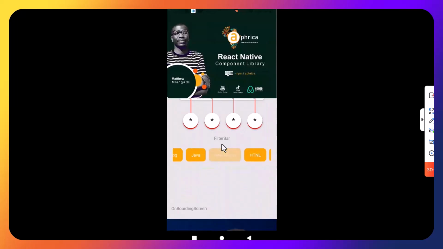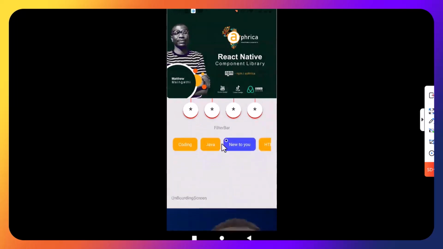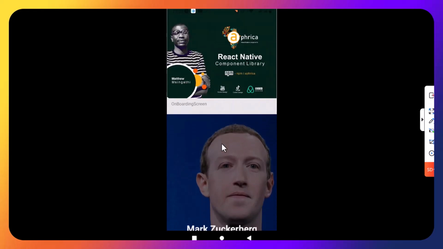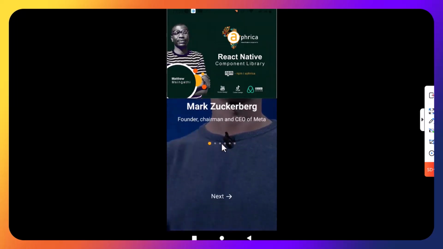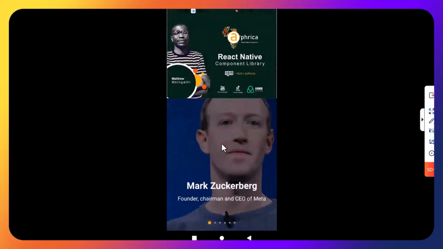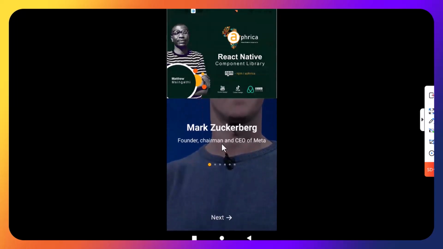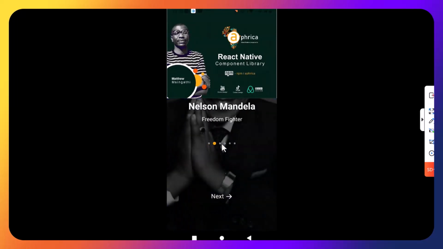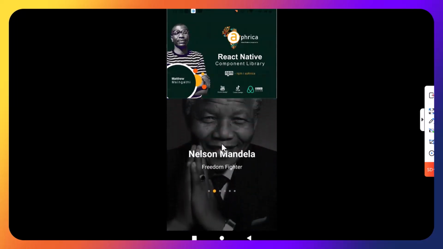Okay, as you can see guys, we've got smart components here ready for you to use. This is the component that we are going to use. This is an onboarding, so this will fill the entire screen, and when you swipe, as you can see guys, this is